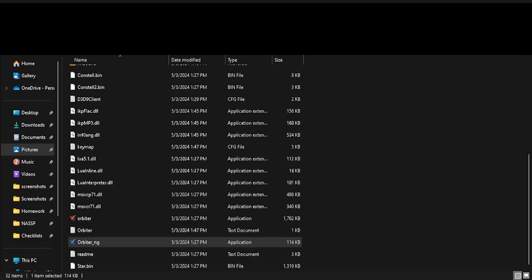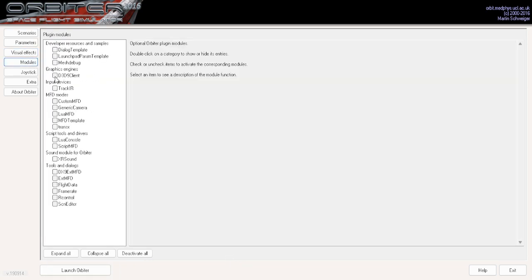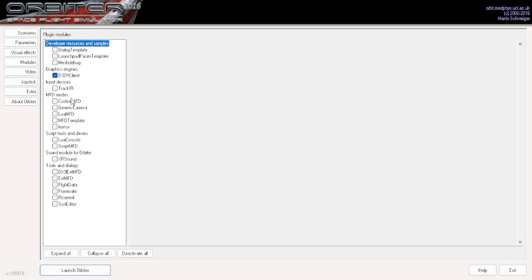But once you launch, you'll be greeted with something that looks like this. Now what we want to do is come into modules, enable D3D9, enable XR Sound, DirectX external MFD, regular external MFD,